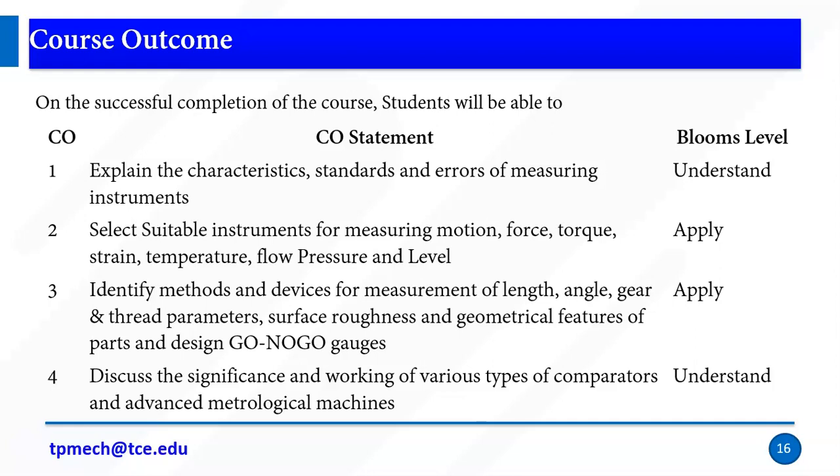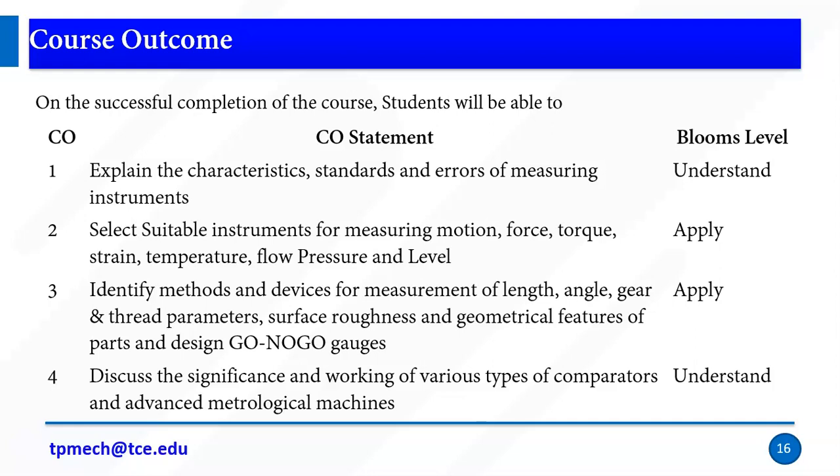At the end of this course outcome, you should be able to handle a situation where, assume I give you an environment, for example, calculate the temperature acting on an IC engine. At the end of this course, you need to explain the temperatures. So I can use a device, thermocouple or thermometer, for this reason. This all comes under the apply type. Apply type means they will give only the environment, and you need to select from your learning.